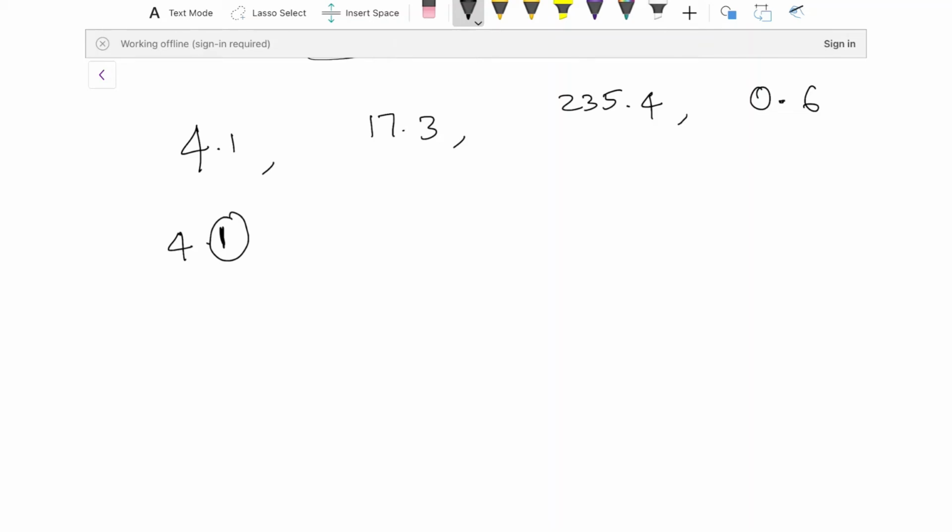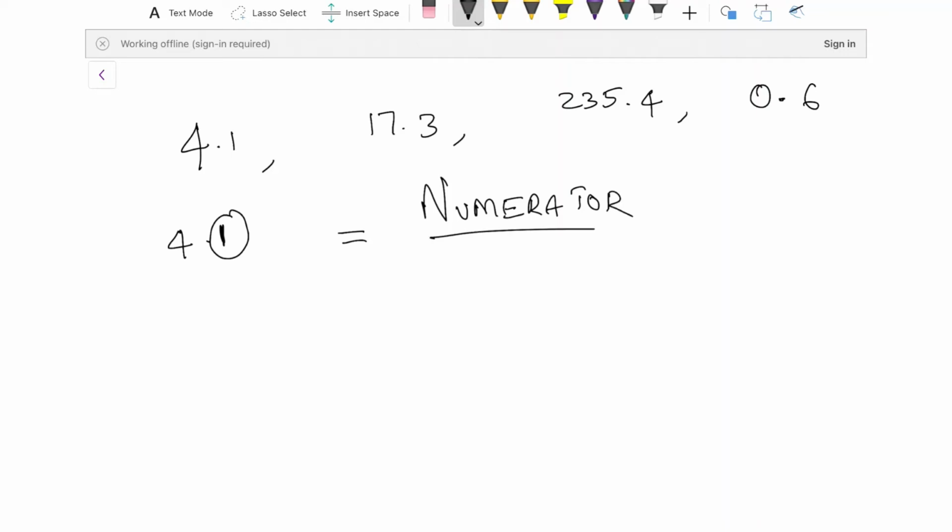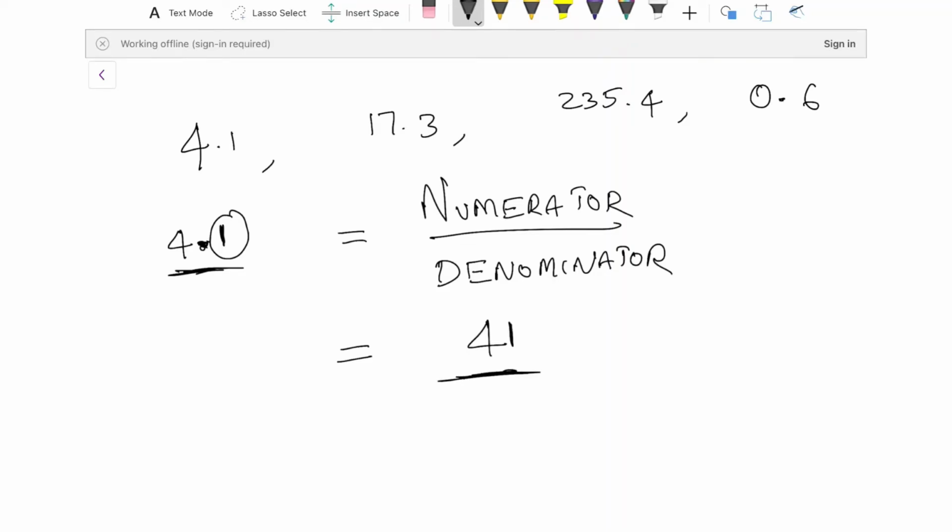Alright, then go ahead and write this as a fraction, right? So you have the numerator by denominator. Step 2 is to just write the given decimal without the point as the numerator. So what is it? This 4, forget the point, and 1: 41. That's your numerator. And step 3 is to write the fraction with denominator 10. Alright, so let's go ahead and write the denominator 10 because it's got only one